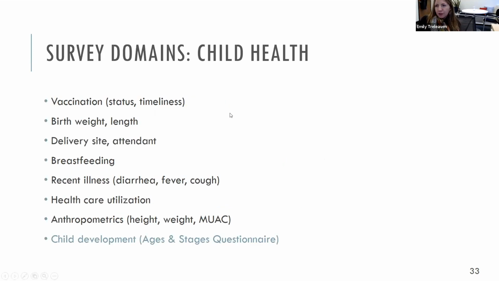Looking at our survey domains for child health, again, we're collecting vaccination, birth outcome, breastfeeding information. We have added back in the information about illness prevalence and healthcare utilization. We're again collecting anthropometrics, but we are not collecting anemia this time, in part because of the great additional cost of the data collection. And then new this time is a module on child development for children under 5. And we'll collect that information using the Ages and Stages questionnaire, which is an early childhood development screening tool that is commonly used in the US and many other countries.